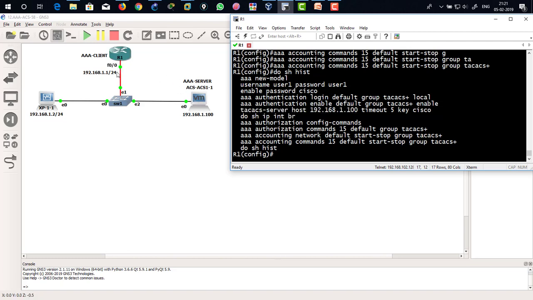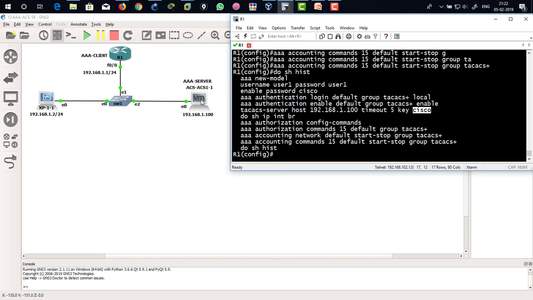All the requests that come to R1, it's going to forward to the ACS, and if the username is not in the AAA database, it's going to time out after 5 seconds. The key regarding the authentication is cisco in small letters, and we have defined the same in the